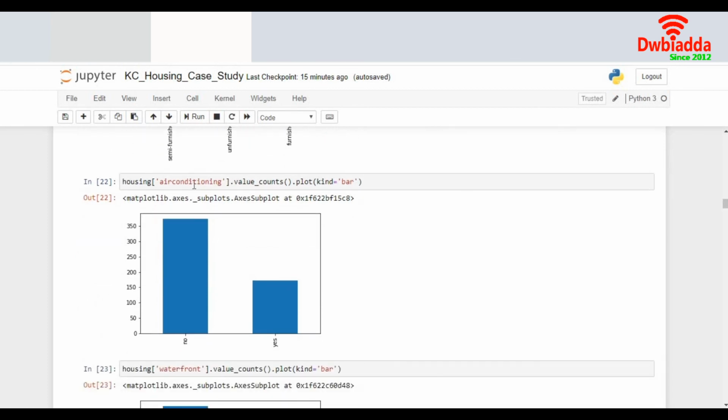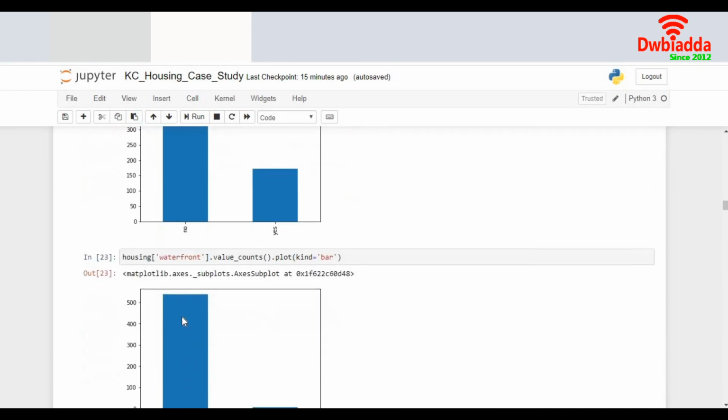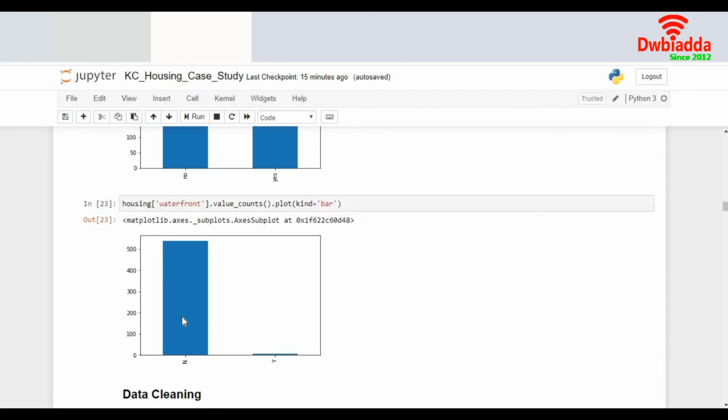The amenities are the air conditioning. I did a bar plot for that. This also gives me a distribution of no higher than the yes. The next variable is the waterfront. Here I see an interesting observation. There is very little data for waterfront equal to y, and a high number of data for n. This might tell me that this may not be a very good attribute for prediction, but we can see later on. Upfront, I have a notion that this might not be a very good attribute which I can use for my prediction.